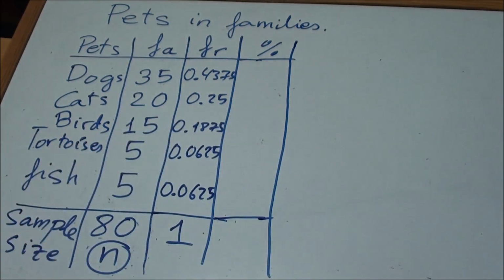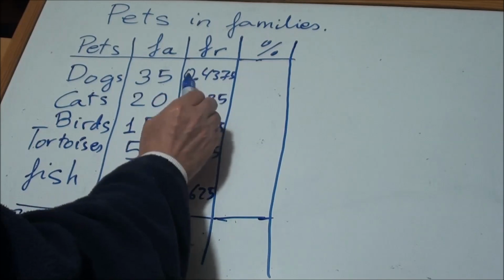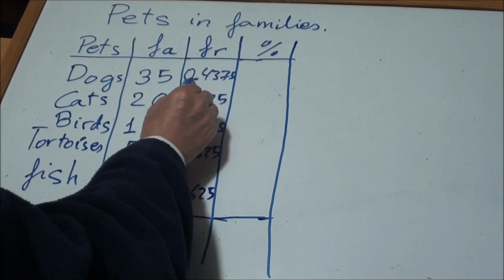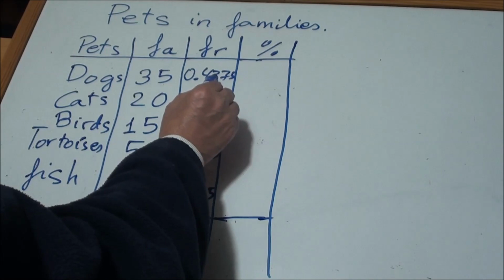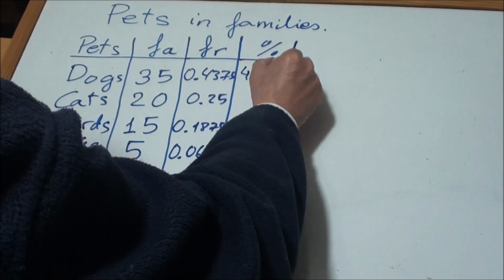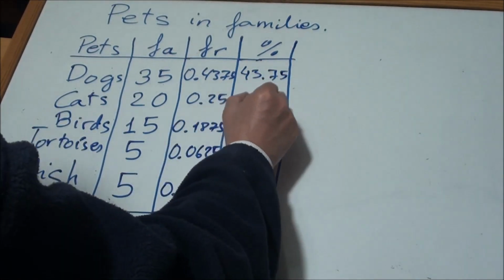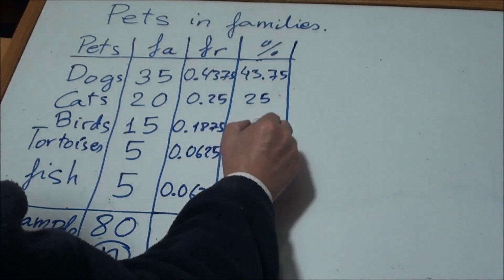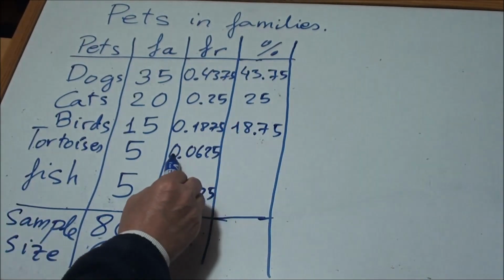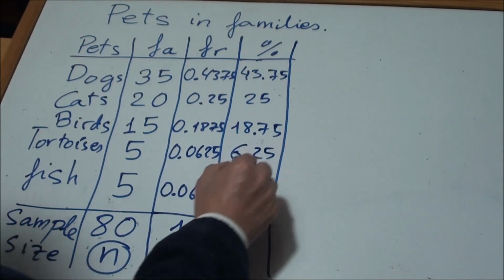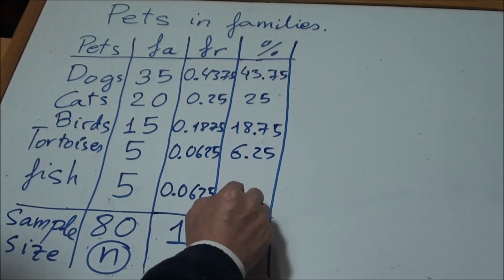The percent is very simple. If you have the relative frequency, the percent is just multiply the relative frequency by 100. So just move the decimal point 2 places over to the right. So here the percent would be 43.75%. Here it would be 25%. Here it would be 18.75%. Here it would be 6.25%, and here it would be the same,